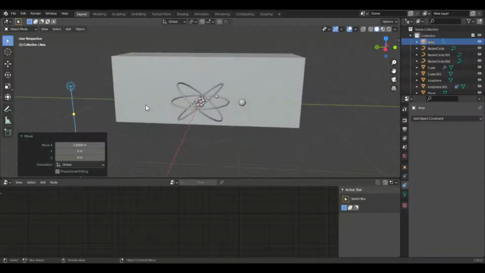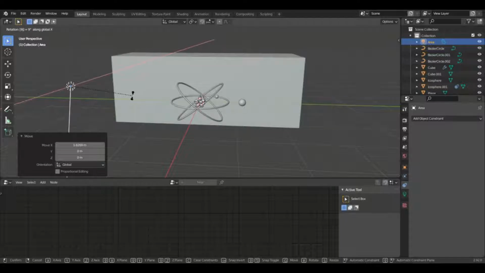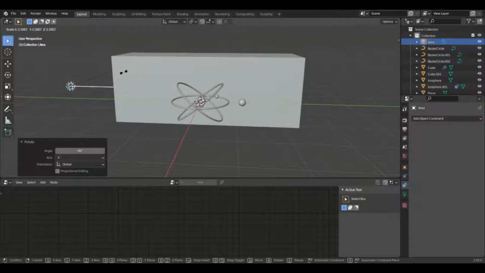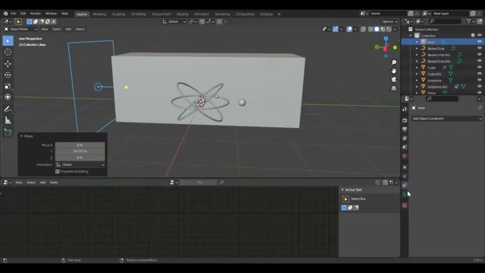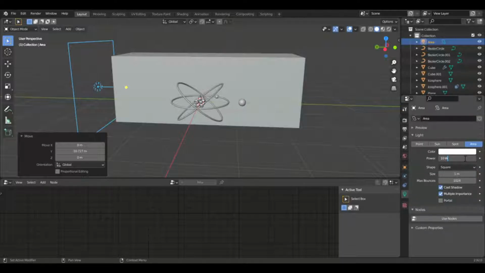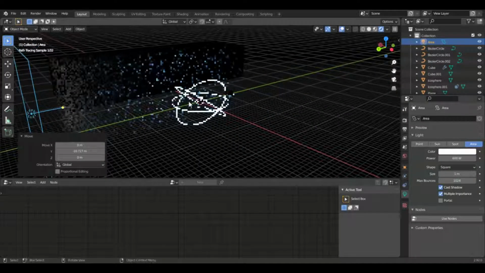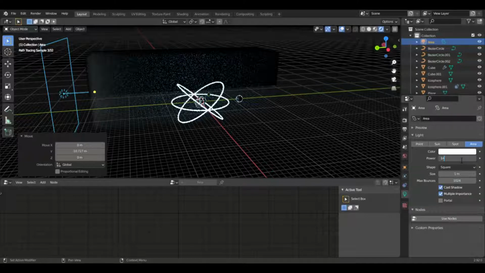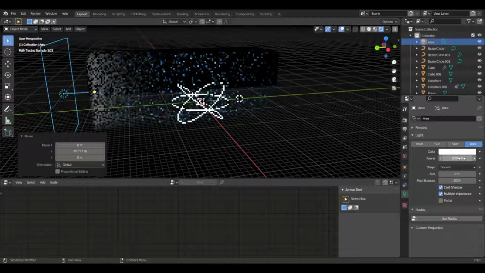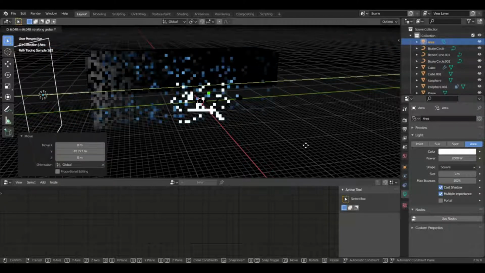you have to rotate it 90 degrees. You have to make it face the cube, the volume, and you scale it up. You move it closer to the volume. And for the lighting, you can set it to any color, but we have to increase the lighting to at least 600 to 1000, or maybe a little more, so maybe around 2000. Move it to there,